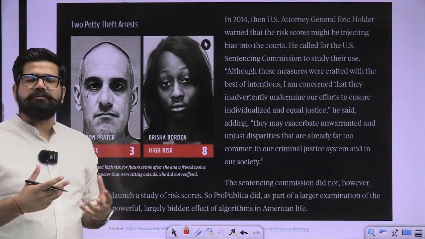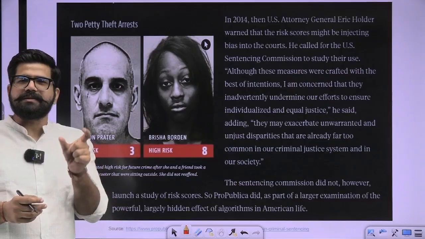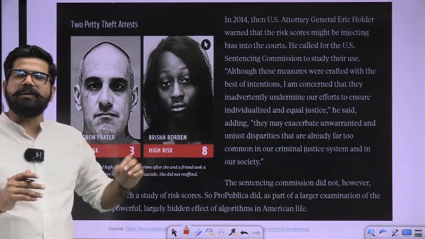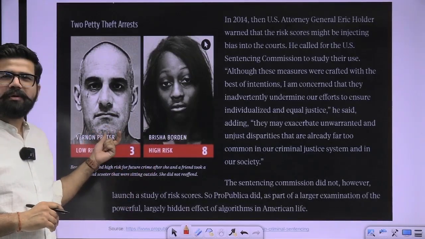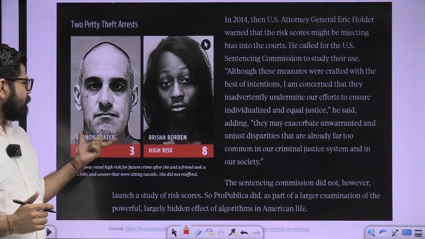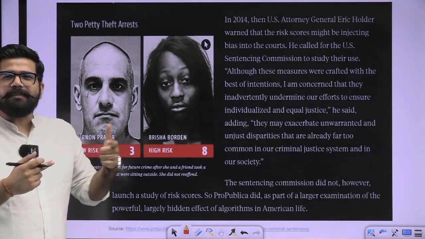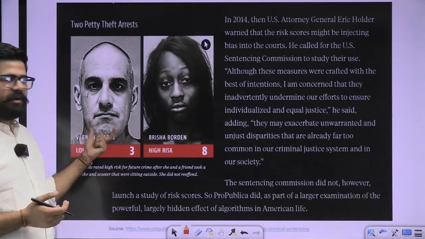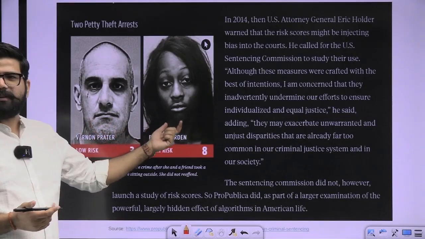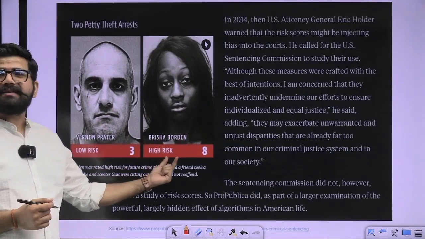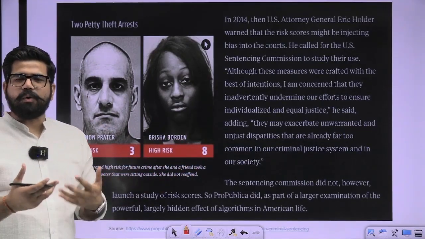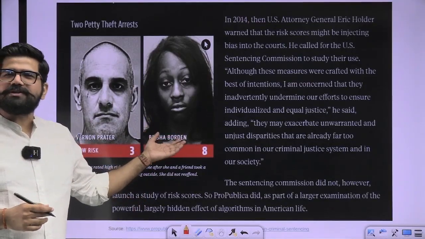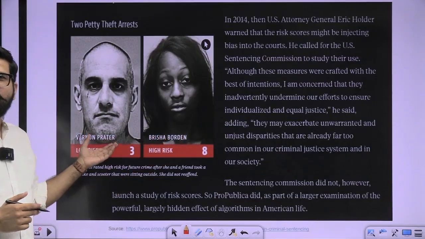There is a model which predicts whether a particular person is a criminal or not. For example, this British person is a girl who only stole a cycle, but the other is a very well-known culprit. But since there is high bias, the model thinks based on color: one is a white British person and the other is a black lady. So it provides a high risk rating. Why? Only because of high bias due to the color variation. She only stole a little cycle, while the other could rob a bank.